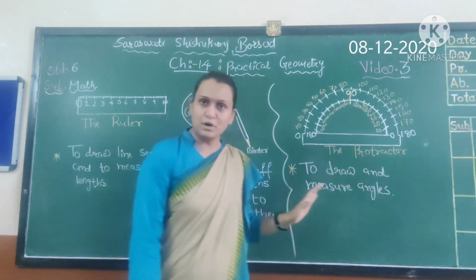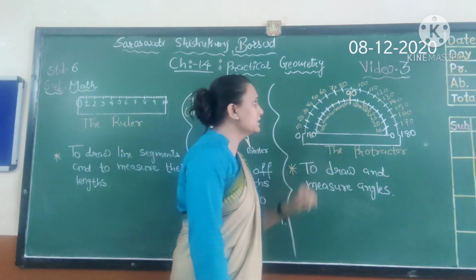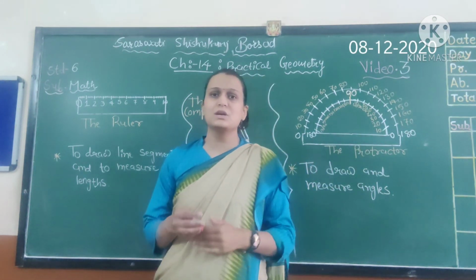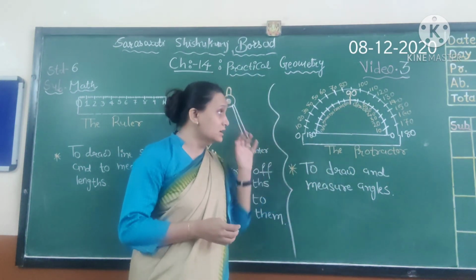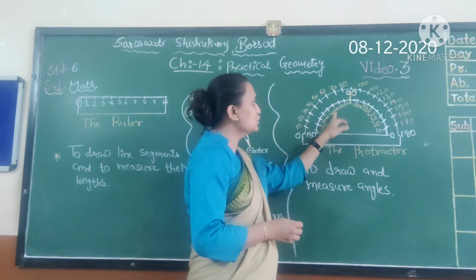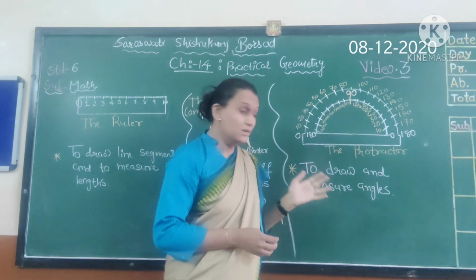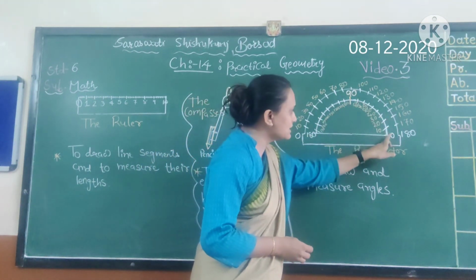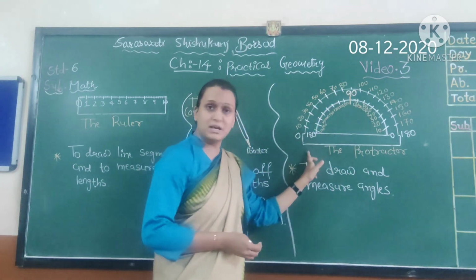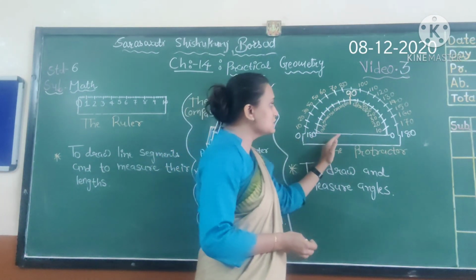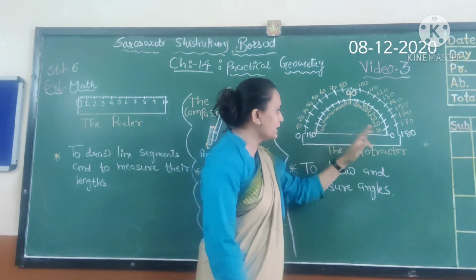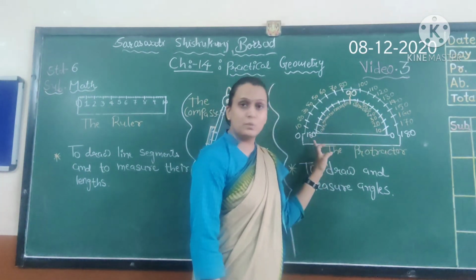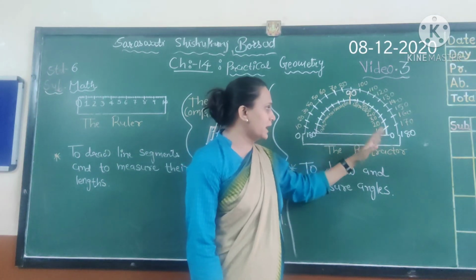And the next one is the protractor. It is known as protractor. So in the protractor here I have defined two semicircles. See, whenever you are using your geometry box and the protractor, in the protractor you find two semicircles. So what is the difference between the two semicircles? See, here is the smaller semicircle and here is the bigger semicircle. What is the use of the smaller semicircle? Here you can see I have mentioned all the measurements from 0 to 180.